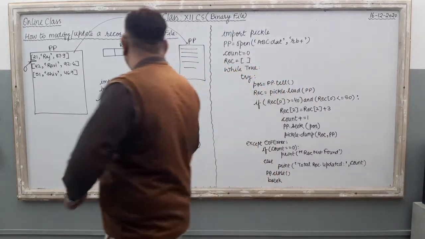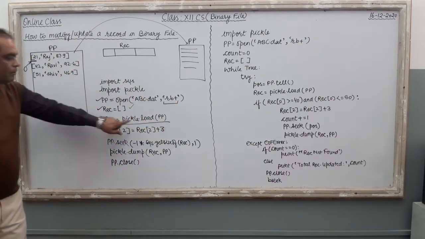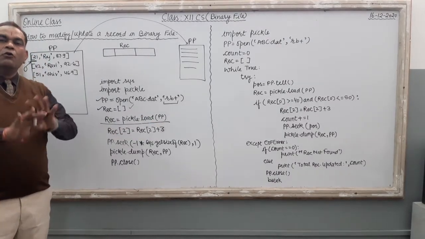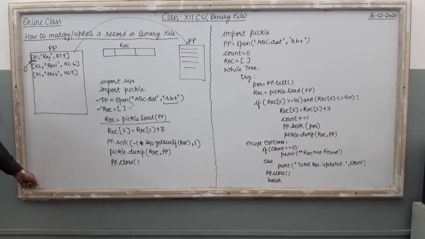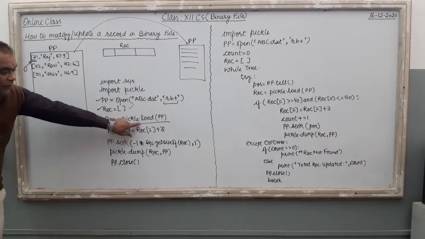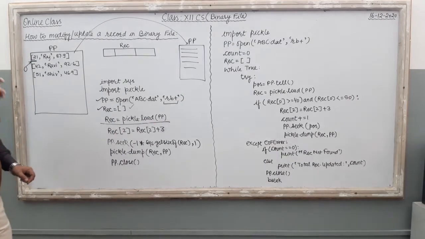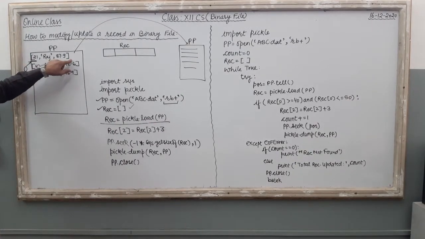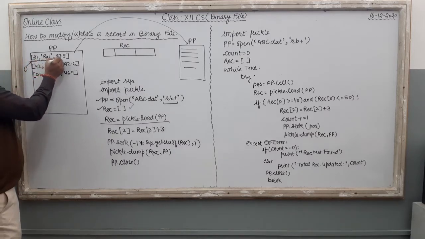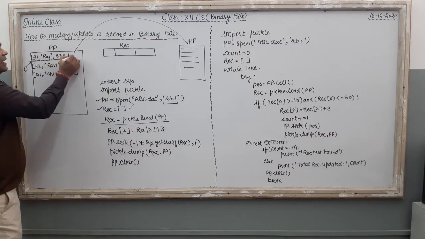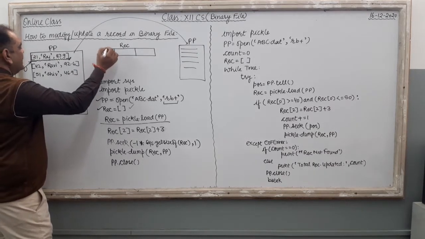So for reading one object, my command is this one. Just see the command rec equal to pickle.load(pp). Right? No while loop means what? The cursor is at here. When you open the file, the cursor is at the 0th position. Now, when you read the file by using this load function, pickle.load(pp), what will happen? Your computer is going to read the first object of your file. Now how does it read? While reading, this cursor is moving from one point to another point, and when the cursor is at the last of the record, the whole data is shifted inside the REC variable like this.